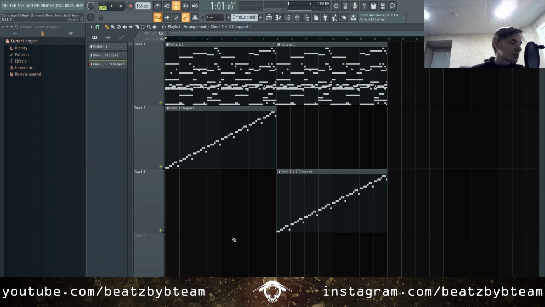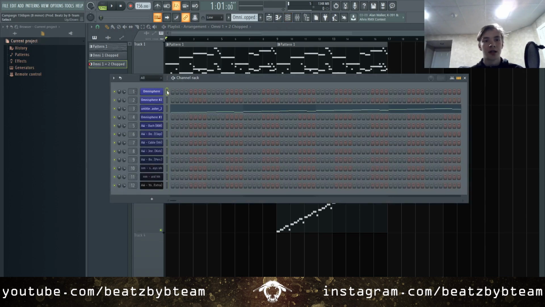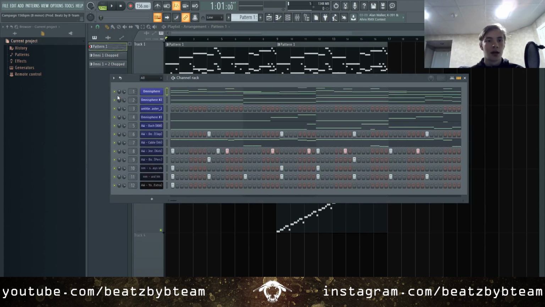The best way to arrange your beats in 2020. So this is the pattern that I have right now. I have an Omnisphere, another Omnisphere, another Omnisphere for a synth bass,